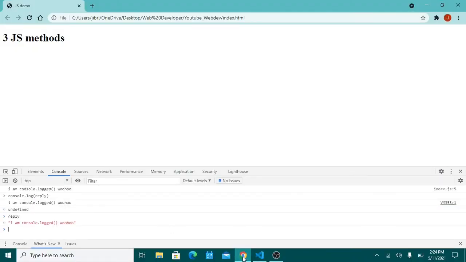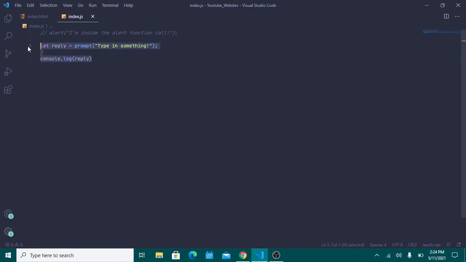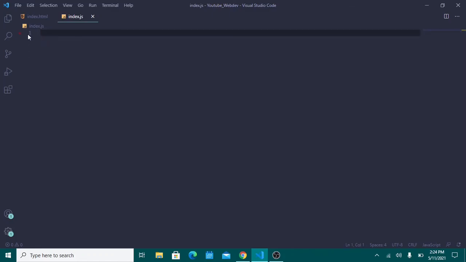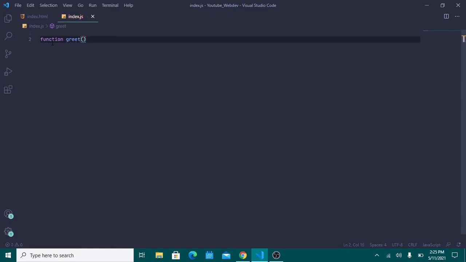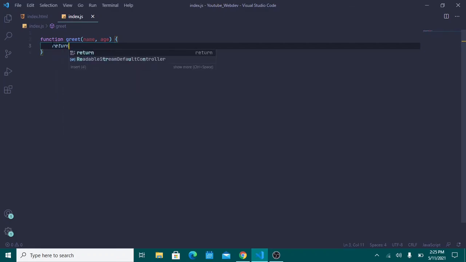Okay. So now that we've done that, what we want to do is actually use the console.log function as a basis for our previous function that we did in the last video. We're going to wrap this up real soon. All I need to do is create the function that I did last class. So function greet accepts a name and age, and all we are going to do is return